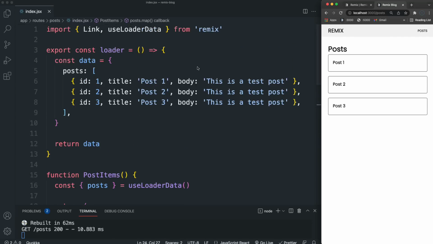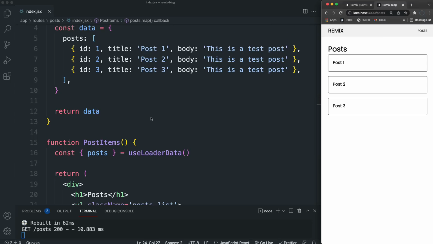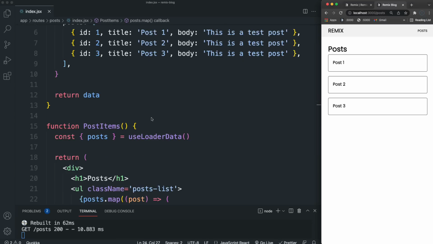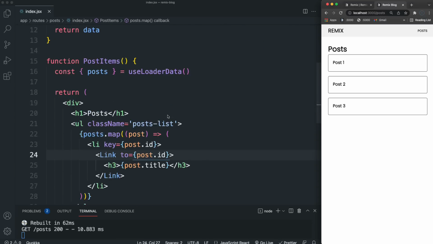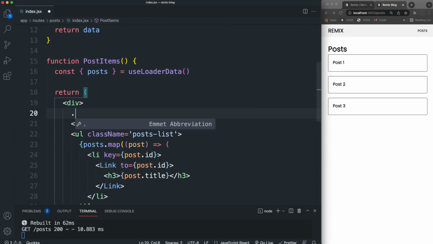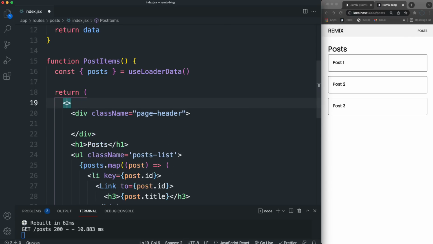All right, and right now, obviously it's just hard-coded data, but it can be from a database. Later on, we're going to pull it from a MySQL, not MySQL, an SQLite database using Prisma. So I just want to kind of format this a little better. This H1, we're going to have a div up here with the class of page-header. And this wrapping div, we can just use a fragment,